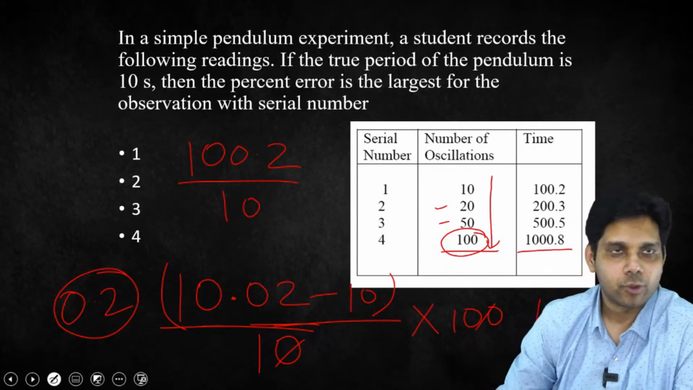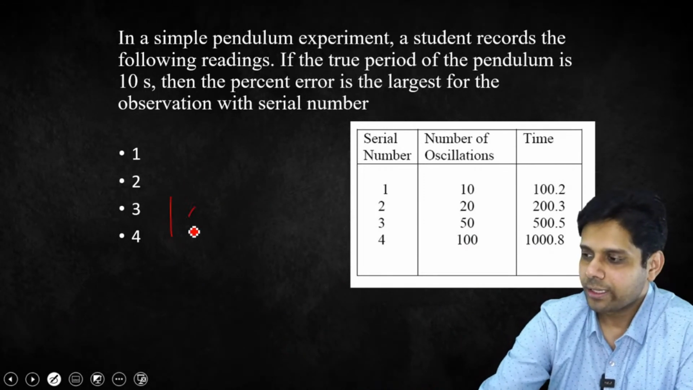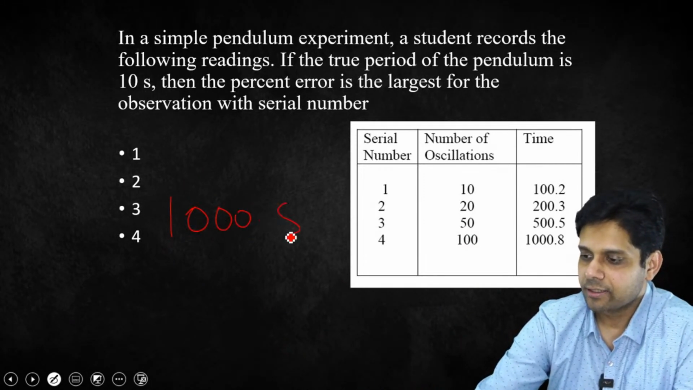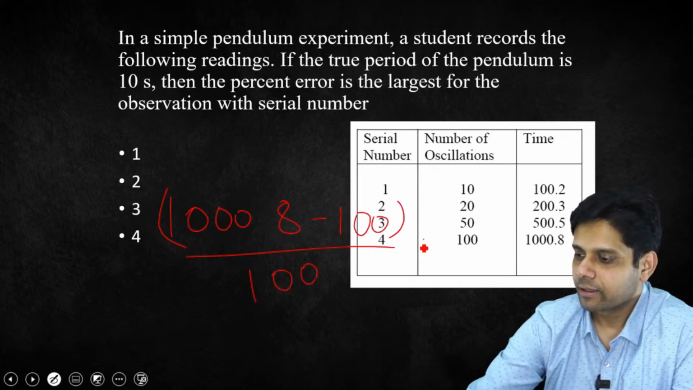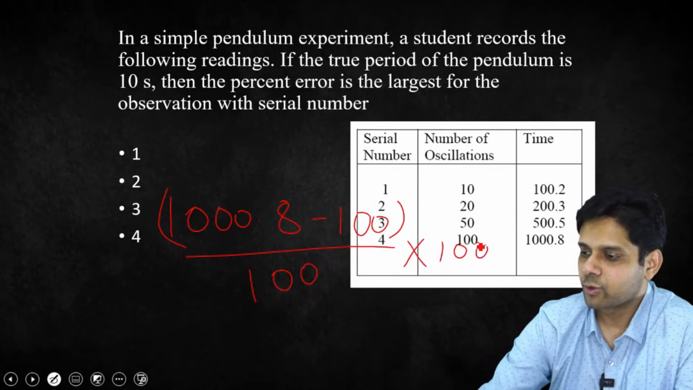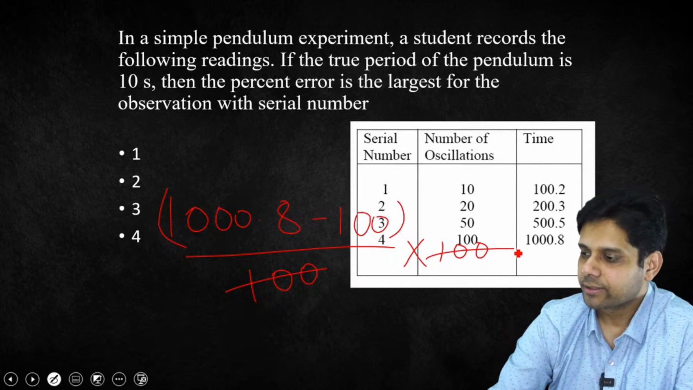Okay, it's getting hidden, so I'll just delete everything and then start fresh. So 1000.8, right, minus 100 divided by 100 multiplied by 100. So this if you do, this gets cancelled. So basically you are looking at,